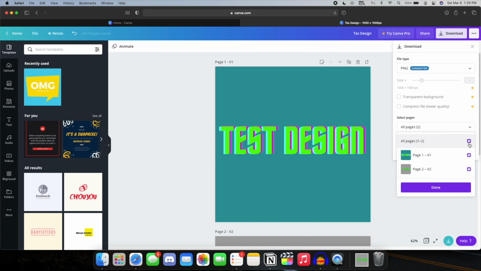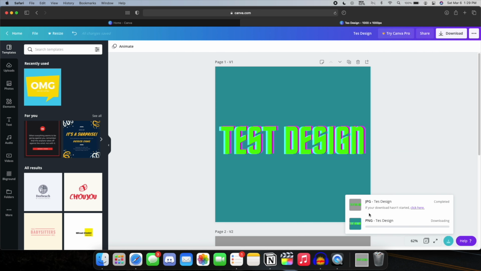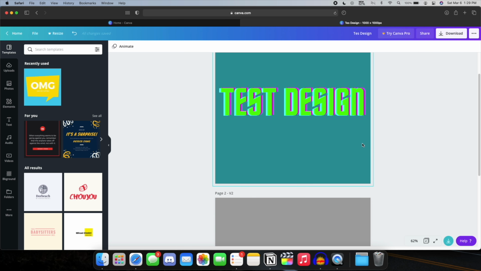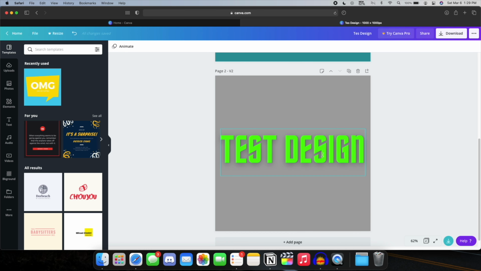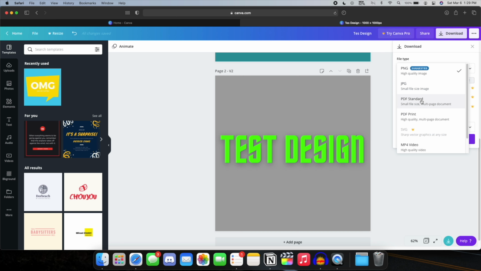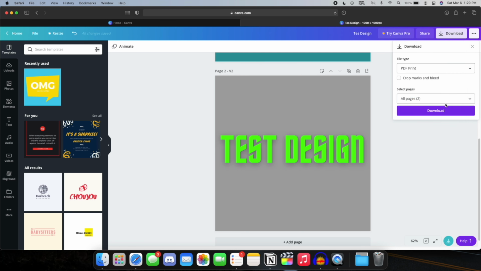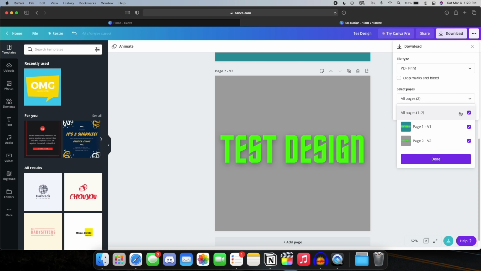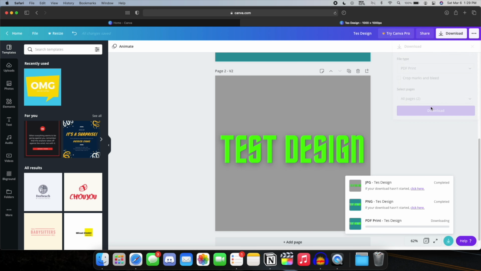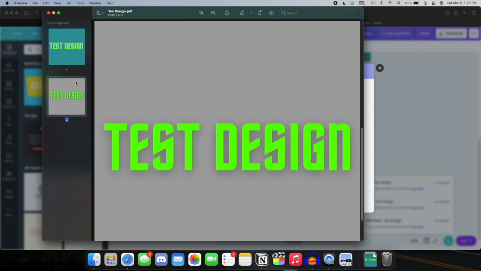I can select all of them and it'll download them into a zip file, which is helpful. I'll even use this sometimes for documents. If I have like invoices or project proposals, I can do kind of like InDesign, Microsoft Word document type work in this, and then download all the pages as a PDF. I'll show you what that looks like. So if I download these as a PDF, now I have a PDF pops up of my design,